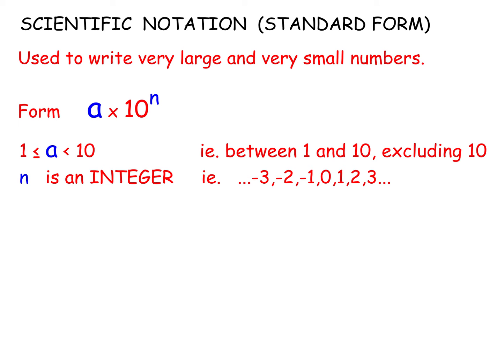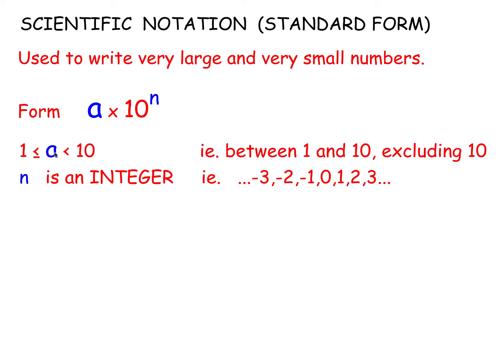This is the second video on scientific notation or standard form. It's a way of writing very large and very small numbers. In the first video, we looked at putting numbers into standard form, that's scientific notation, or taking them out of standard form. So, scientific notation, you write the number in the form a times 10 to the power n, where